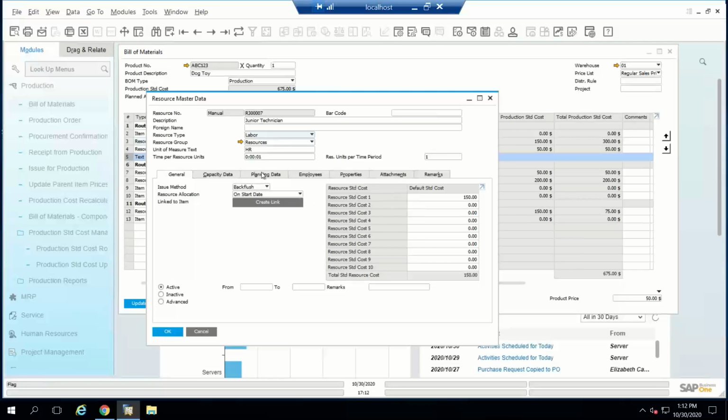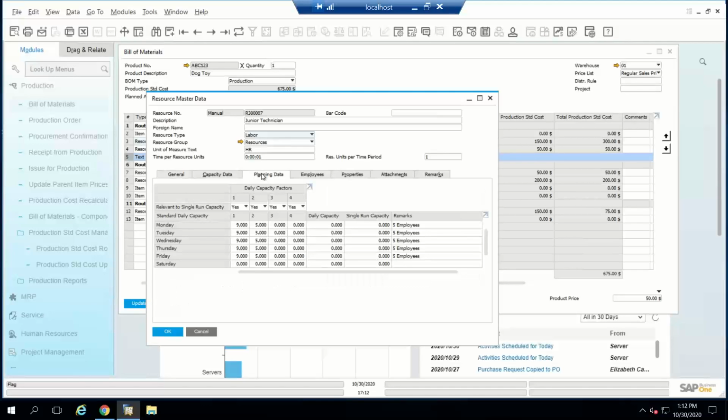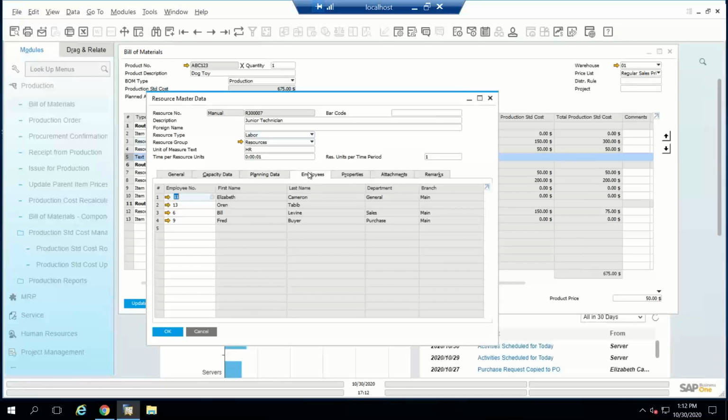In addition, the resource master data enables you to do the planning. So you could say how many shifts you are working with, what's the daily capacity, what's a single run capacity, and things of that nature. You could specify,